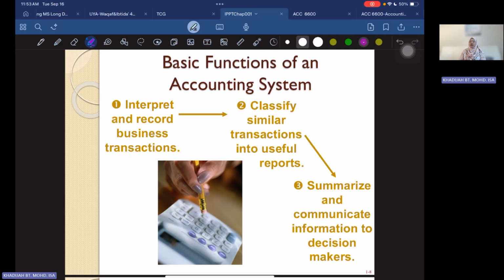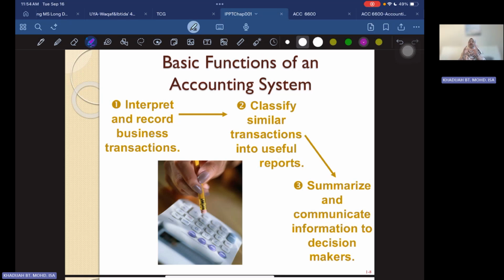All right. So whenever you have a business activity, all right, remember the first one, business economic activity, you have to interpret what is actually happening. Is it a sales transaction, or is it a purchase, or is it an acquisition of an asset? All right. Is there a lending, giving of credit?